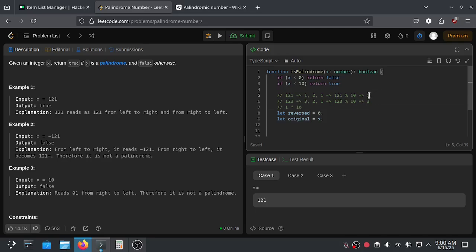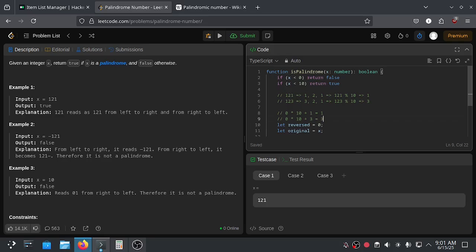Reverse is 0 for the first iteration, so 0 times 10 plus 1, and the result will be 1. And for 1 2 3, 0 times 10 plus the last digit, 3, and then we got 3.